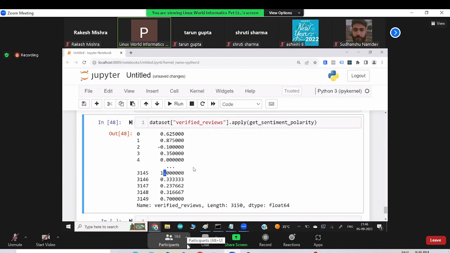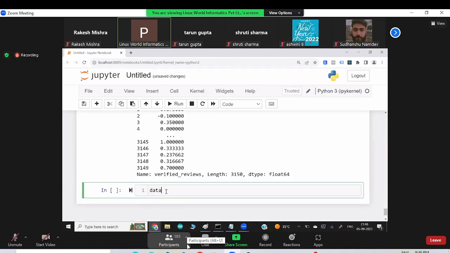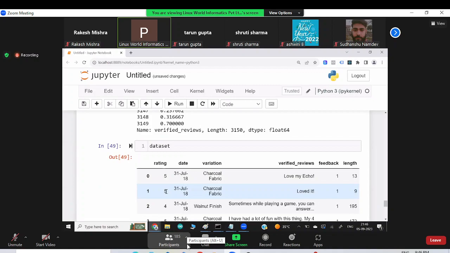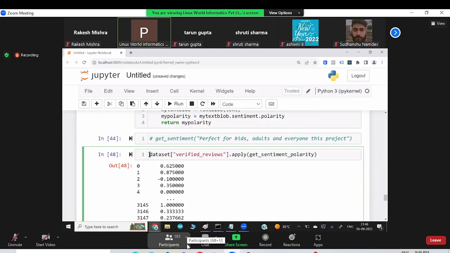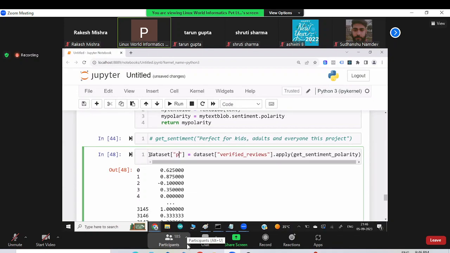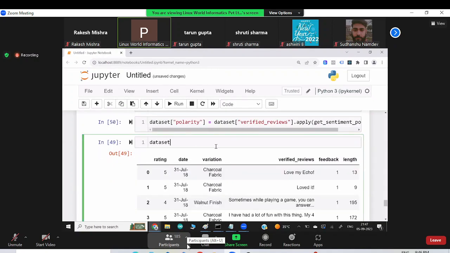Or maybe this data we have to use again and again a lot in upcoming decisions, so you don't have to run this function again and again. So what I'm going to do is store this data into the data set. We're creating one more field, in a variable called polarity. It's just a variable name, you can give any name, it does not matter. That's all. Now your data set contains the polarity also.